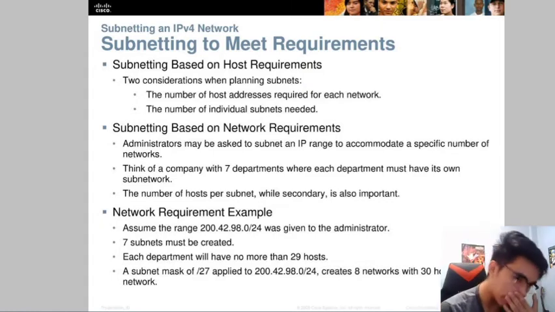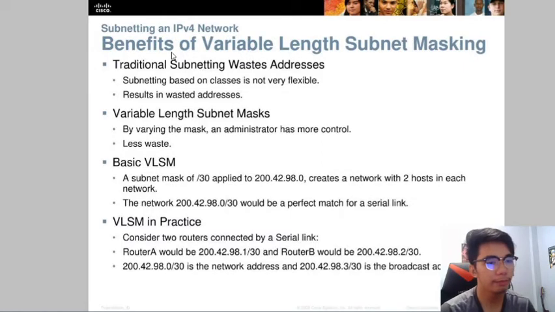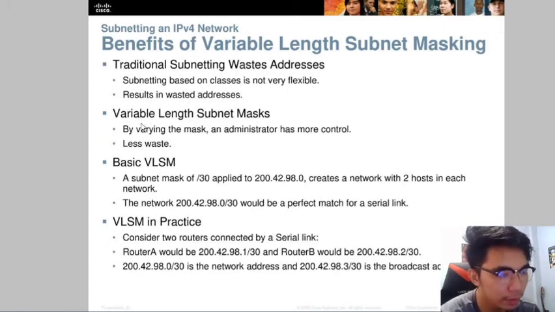Then, as you can see, it accommodates the requirements. Then, benefits of VLSM: traditionally subnetting based on classes is not flexible and results in